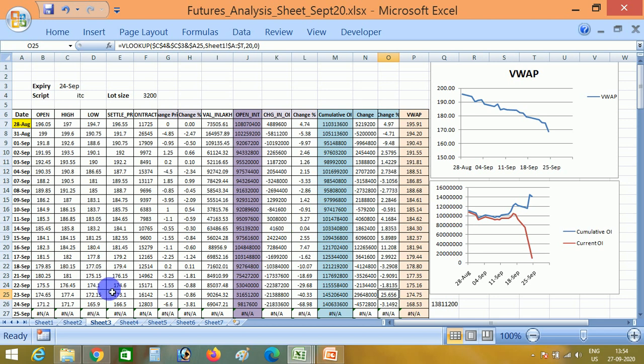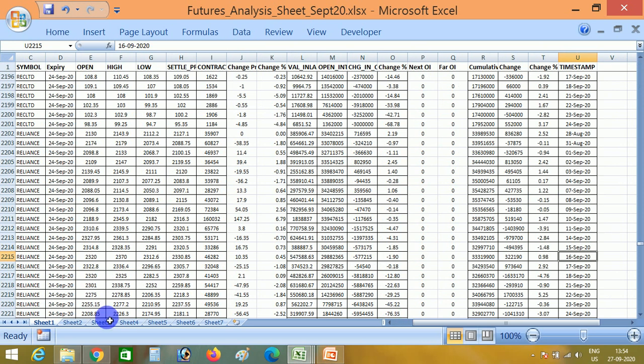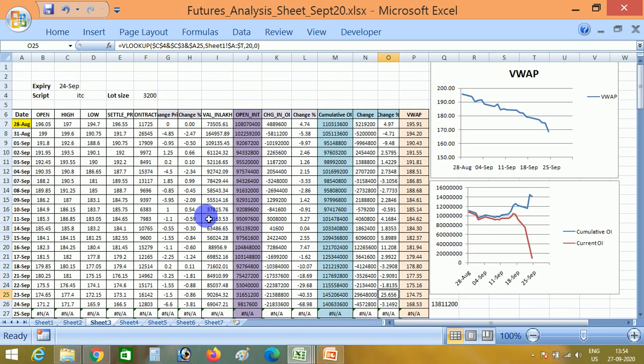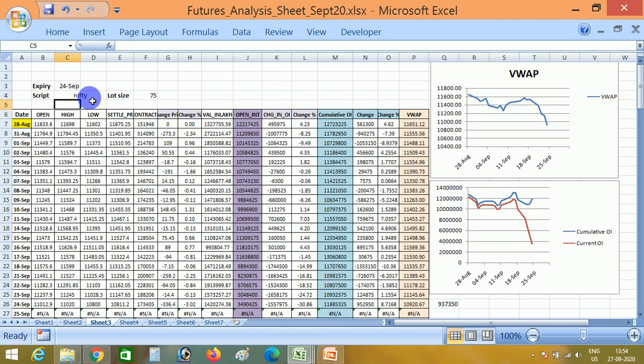Whatever data we have, we take it in sheet 1, and on the basis of formulas, we have the historical presentation of open interest of this data in this format, in date formats like that. We will select the script here, like if I write Nifty, it has shown us the Nifty presentation here. So I can conclude easily with the data here. I'll share this sheet with you. I am preparing this sheet for sharing, so it takes some time, but from now on I will share the sheet.